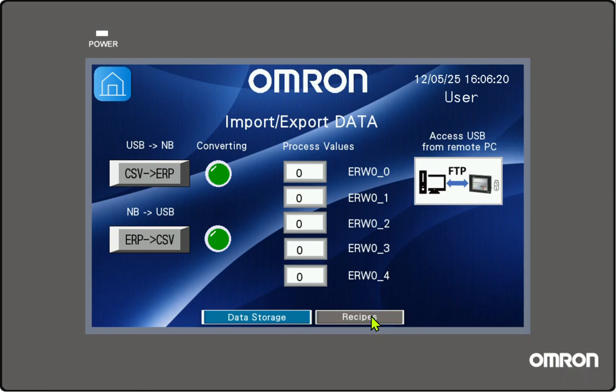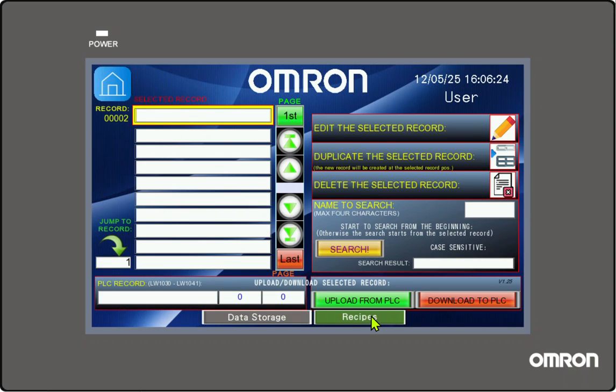Then we have the other main section of the data management, which is the recipes. And in here we have an overview of the recipes that we have in our HMI. And with the arrows we can move between the recipes and go to the first one or to the last one. The one in this yellow rectangle is the selected one always. You can also jump